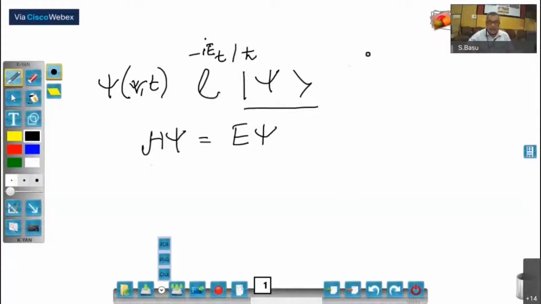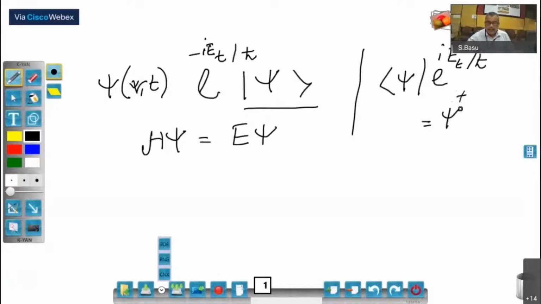So if I take a complex conjugate of that, it will give me psi dagger of r t. And I know that at any instant, if I club these two things, now I have got an operator of position